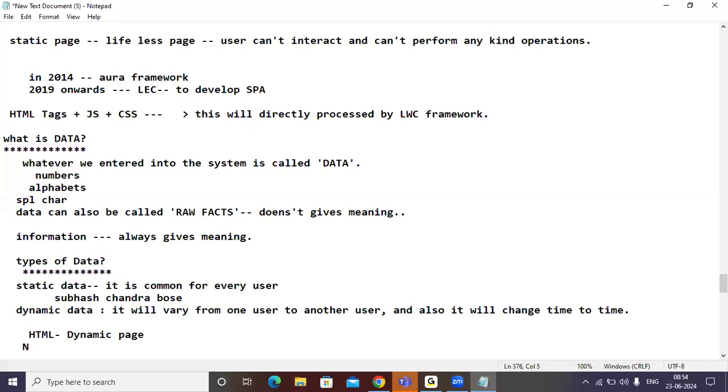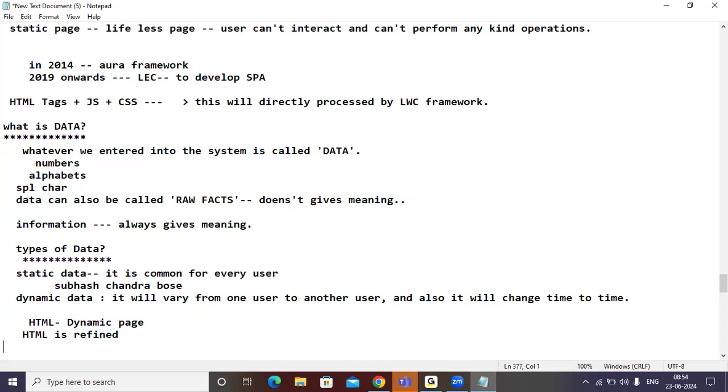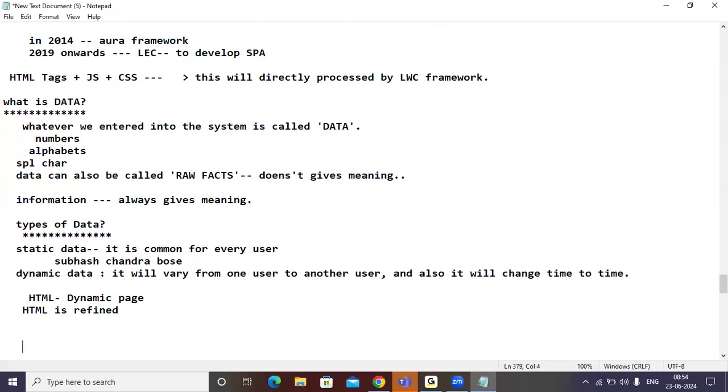Now this HTML is refined. But how to convert the HTML page into dynamic?